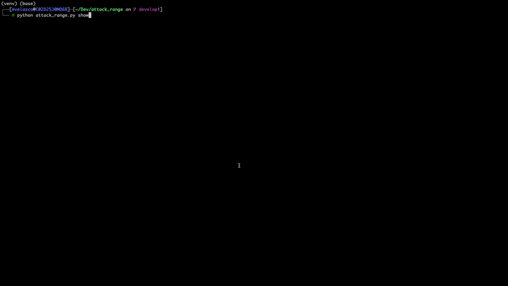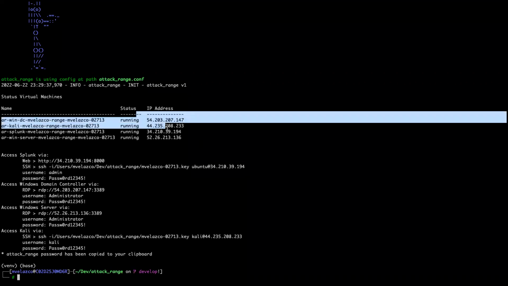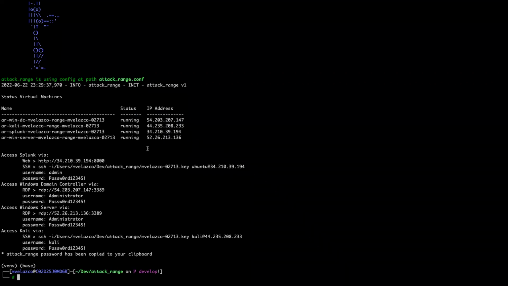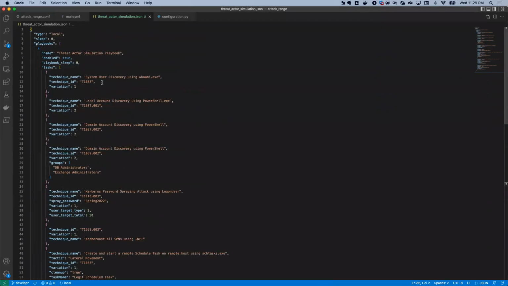First, I'm going to show you that I have an AttackRange up and running with a few hosts online and ready to be used. So now let's move on to the actual simulation playbook. This is a JSON playbook, a simulation playbook that is going to be executed by PurpleSharp to execute a series of techniques trying to mimic what I would call a low sophisticated threat actor going against an Active Directory